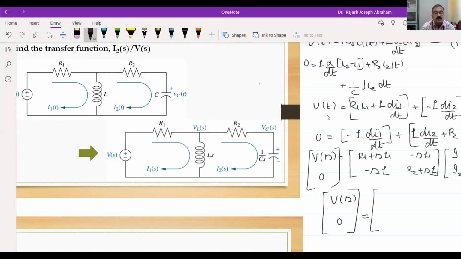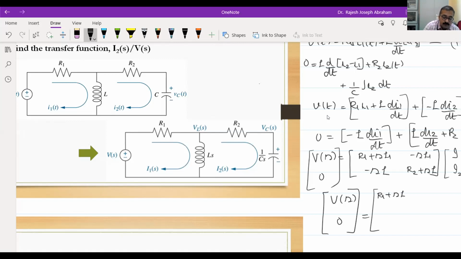Now what is Z11? Sum of all impedances which are common to loop current I1. Which are they? R1 plus SL. I will now straight away speak in terms of the Laplace domain. So Z11 means sum of all impedances through which I1 is flowing. I1 is flowing through R1 plus SL. So straight away I can put R1 plus SL. Right. Now what about Z12, the 1, 2 position? Those impedances which are common to 1 and 2. Here, which is the impedance common to 1 and 2? It is the inductance. What is the inductive impedance? S into L, SL.